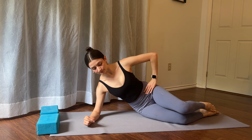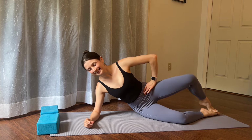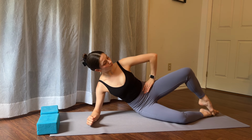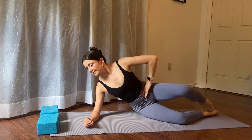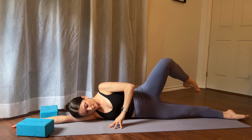9, 8, my toes are cramping, 7, 6, 5, 4, 3, 2, and last one. Keep the knees open, slide your arms down onto your side, stretch your bottom leg, take